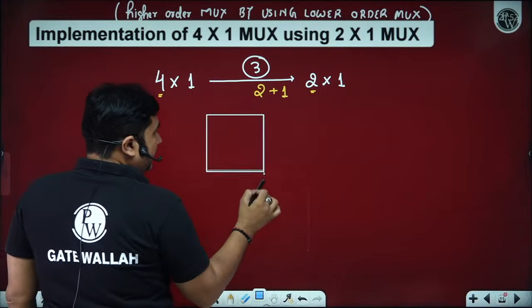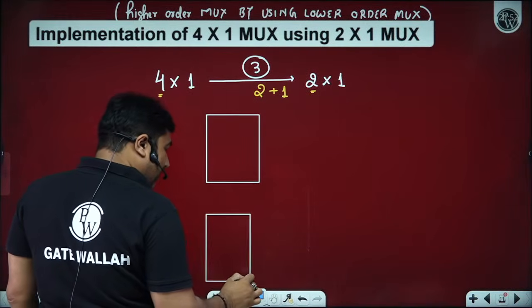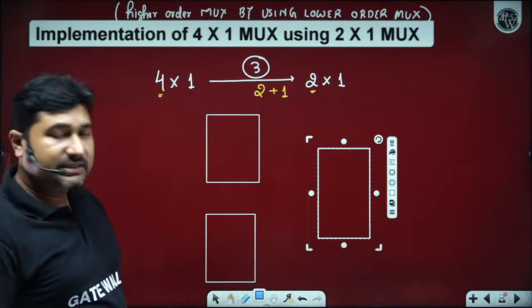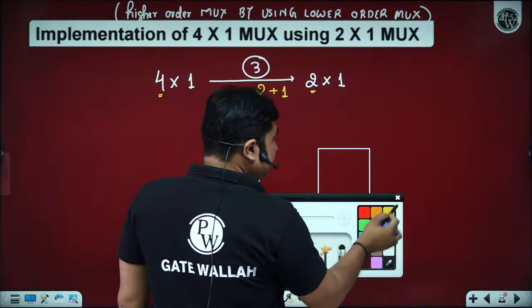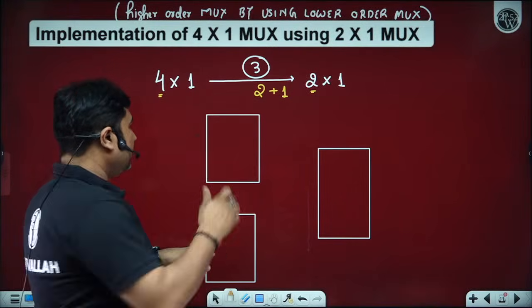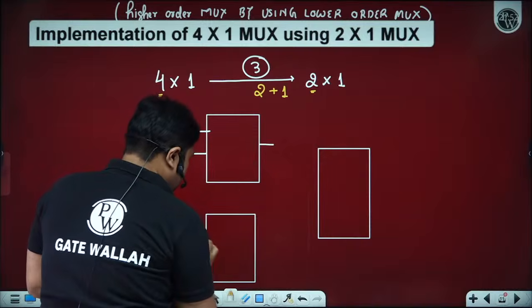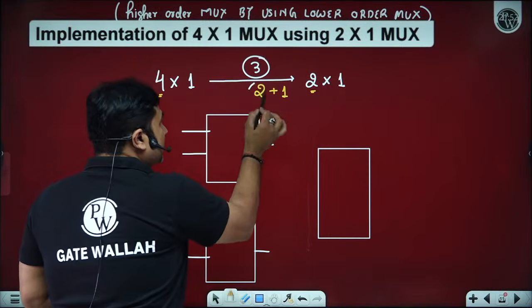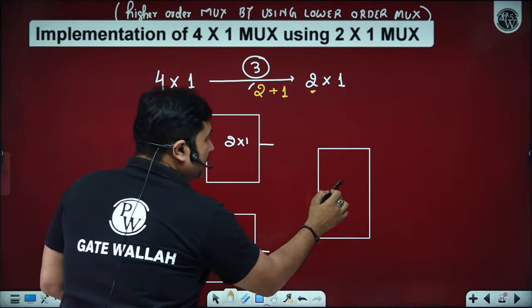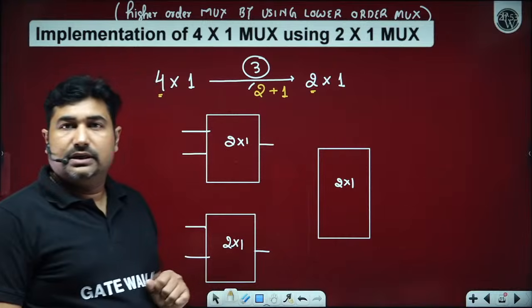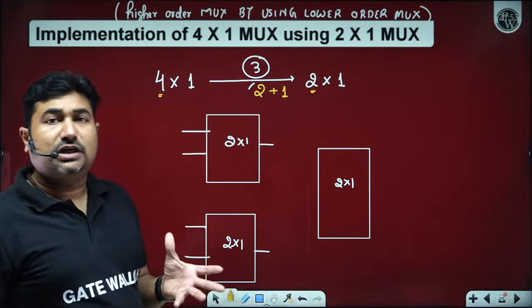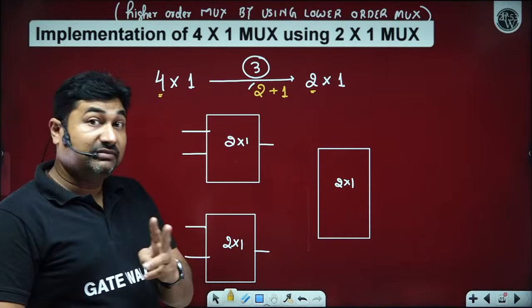2 means I am representing 2. Can you please tell me in the comment section how many select lines are needed in case of a 4x1 size multiplexer? We need 2. So here we have 2 cross 1, 2 cross 1. This 2 is indicating 2 cross 1, 2 cross 1. Is it okay? And this 1 is indicating ahead to this we have 2 cross 1. Is it okay? Yes, sir. Now please observe, in case of 4 cross 1, we have a total of 2 select lines. But here we have 3 multiplexers.